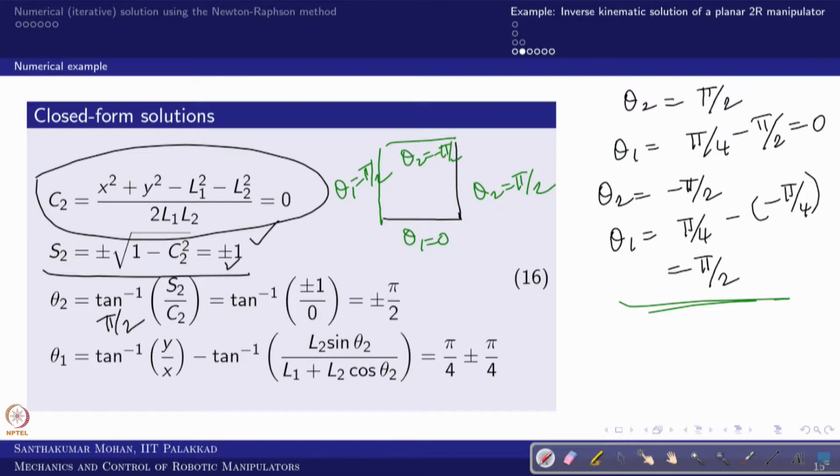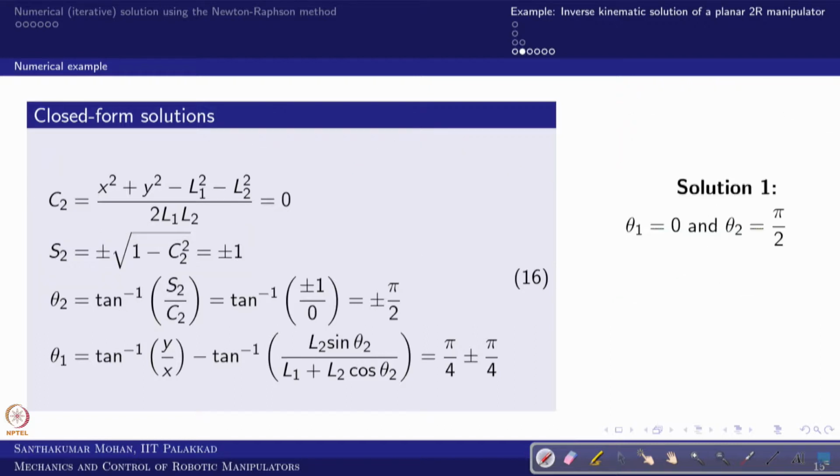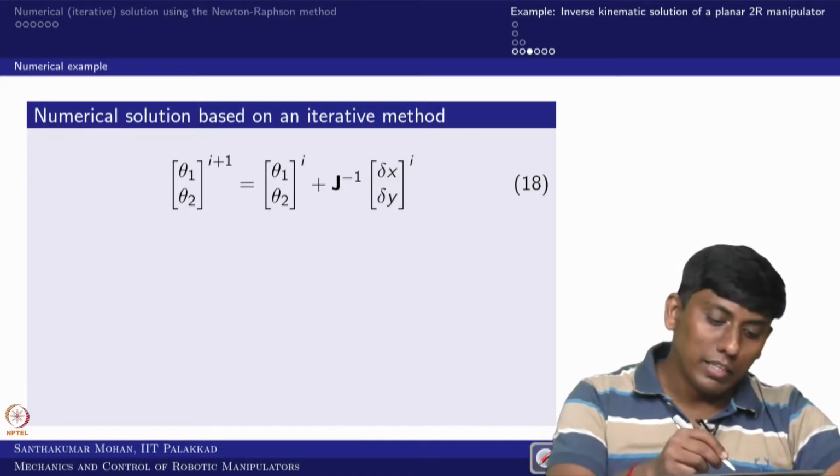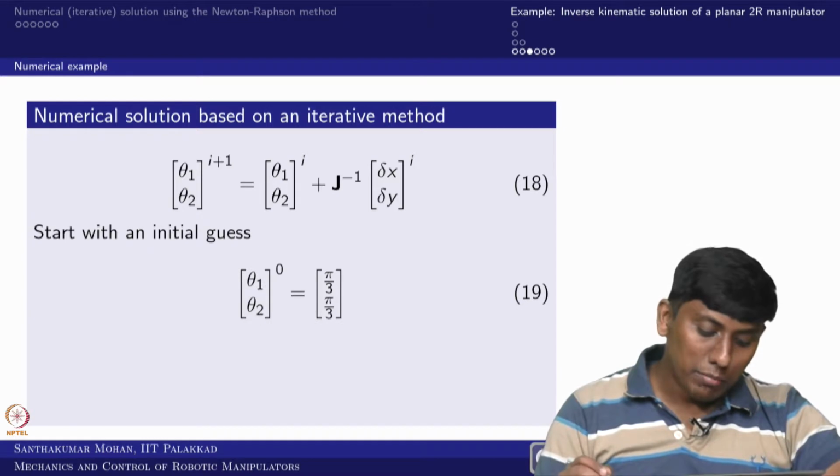So now we can actually see the same thing can be obtained on a numerical basis. So what that means, you can try to apply the algorithm which we have done, so that we are trying to see, okay. So these are the two solutions. So we are taking this case. So now what you can see, you are taking an initial guess. So initial guess can be anything, right. So what can be the initial guess?